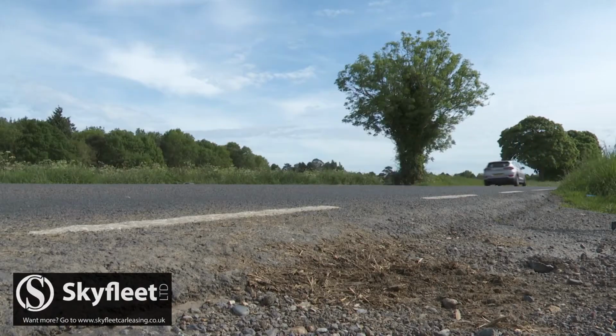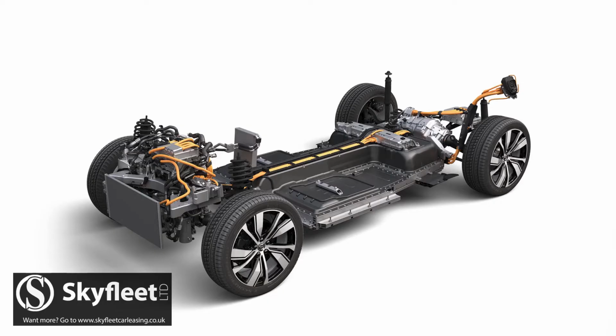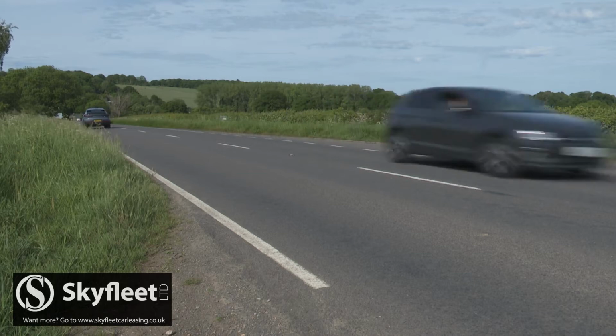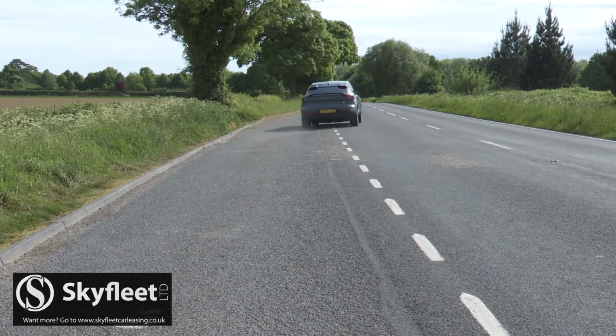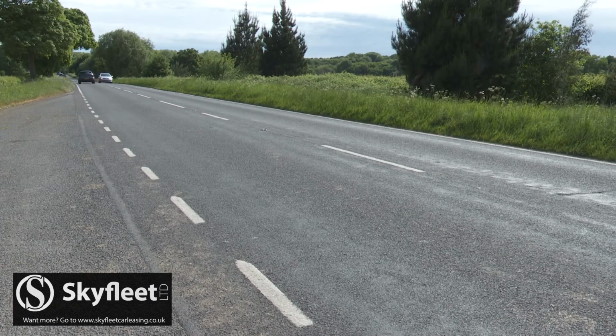Customers choose between two flavours of C40, either the base front-driven Recharge version, which uses a 69 kilowatt-hour battery powering a 231 horsepower electric motor and offers a 269-mile range, or the all-wheel drive Recharge twin version we're trying here, which uses a larger 78 kilowatt-hour battery pack powering a motor on each axle, delivering a 408 horsepower output and a 274-mile driving range. The front-driven version will be quite sufficient for most, but the 660 newton meters of this top twin version is quite amusing to have beneath your right foot, if rather irrelevant for a car of this